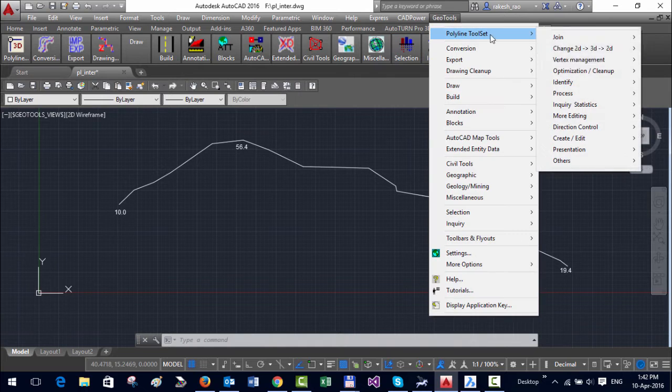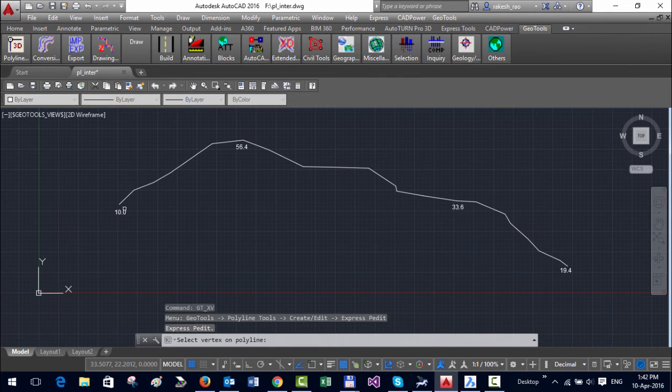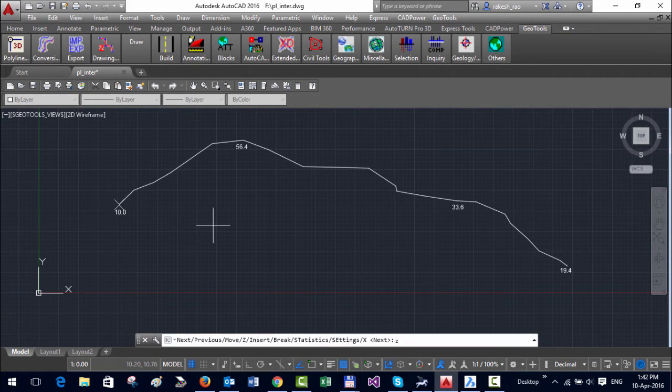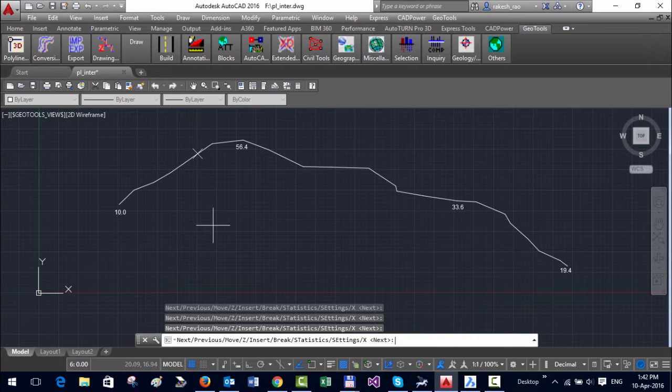Next I'm going to use a command called ExpressPedit, and using ExpressPedit I'm going to select those vertices where I know the elevation and I'm going to assign the elevations. For example, this vertex I know the elevation is 10, so I'm going to type Z and enter 10 as elevation, and over here I don't know the elevation.